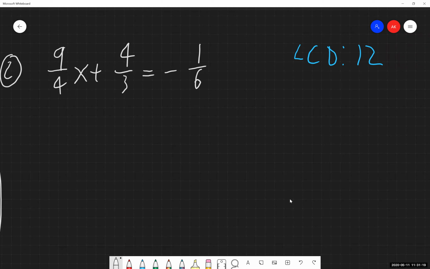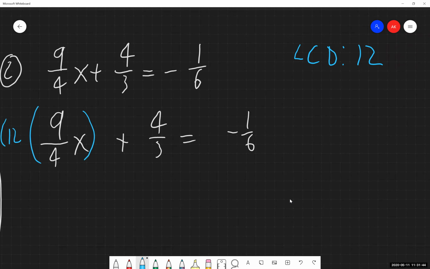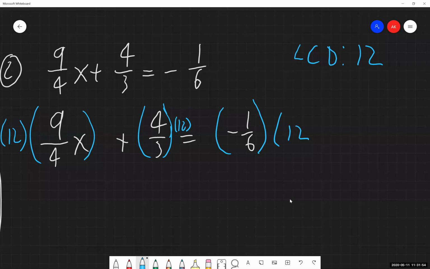So that means every single term in this problem is going to multiply by 12. And after we do that, we're going to cancel out all the fractions and we'll only have integers left over. So I'm going to write this out a little bit differently from last time, skipping one step, but again, writing the more important one in. So it means this term by 12, this term by 12, that term by 12. And again, to cancel things out, remember that all whole numbers are implied to be over 1.